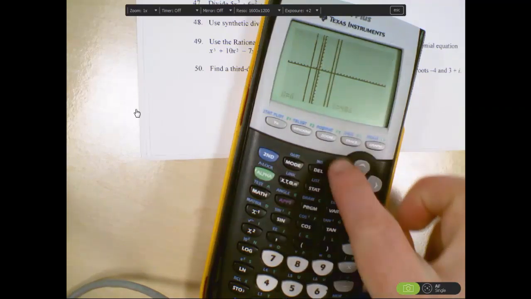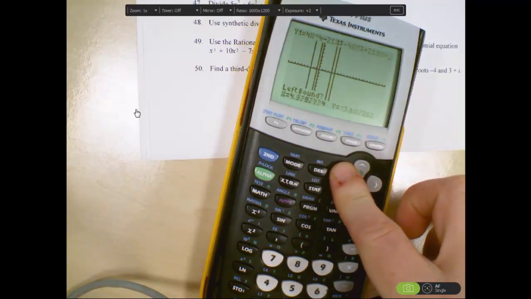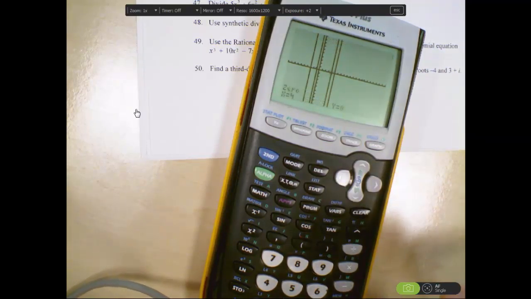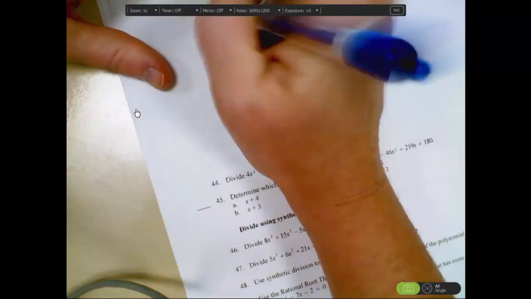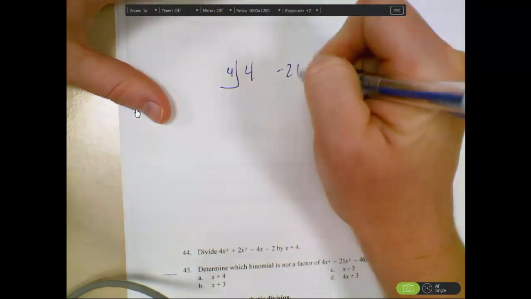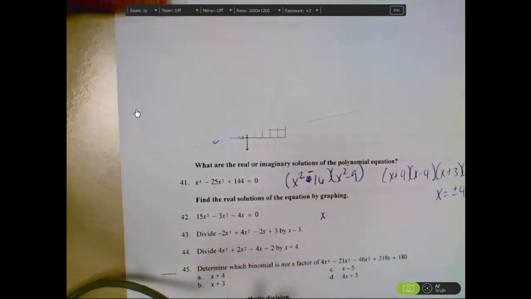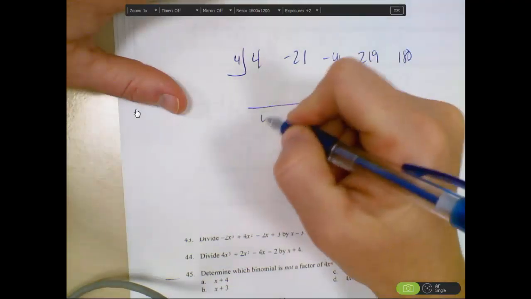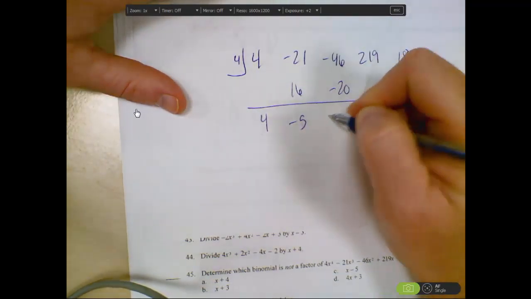So, second calc 0, where am I? Right there. So that 0 is 4. So the first thing I'm going to do is synthetic division with 4. So I have 4x to the 4th minus 21x cubed minus 46x squared plus 219x plus 180. Okay, bring down the 4. This 4 moves down. Multiply 16, add negative 5, multiply negative 20, add negative 66,